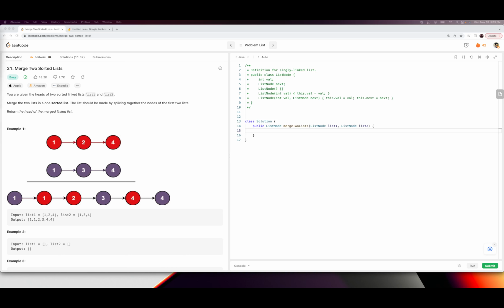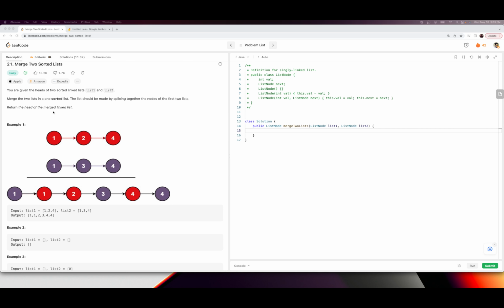Hey guys, so today we will start another question, which is of merging two sorted lists. In this question you have two lists, 124 and 134. We basically have to merge the lists and then return the head of the merged linked list, right? So we have 124 and 134,